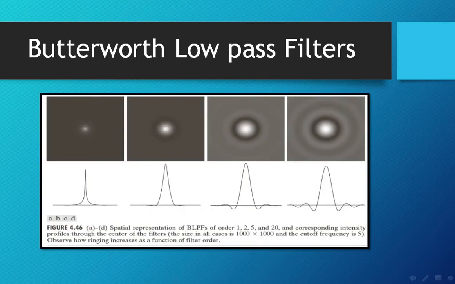The first 4 images show the spatial representation of Butterworth low pass filters and the corresponding intensity profiles through the center of the filters. Observe in the 4 images how the ringing increases as a function of filter order.